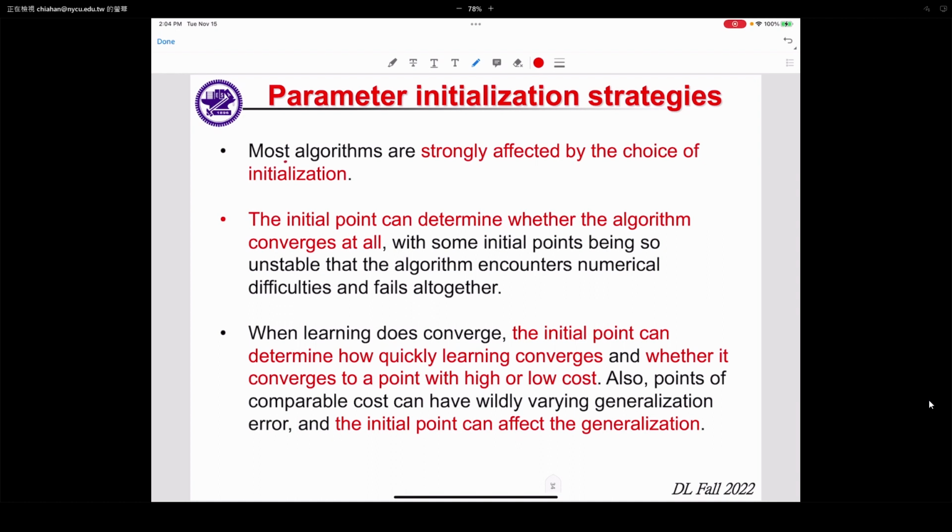Most algorithms are strongly affected by the choice of initialization. So initialization is very important. You can try it: sometimes you're lucky and it converges faster, sometimes you're not lucky and it won't converge at all. The initial point can determine how quickly learning converges and whether it converges to a point with high or low cost. It's very easy to understand. You can think of the cost, the loss function, just like